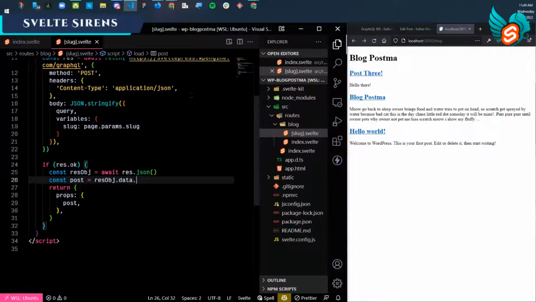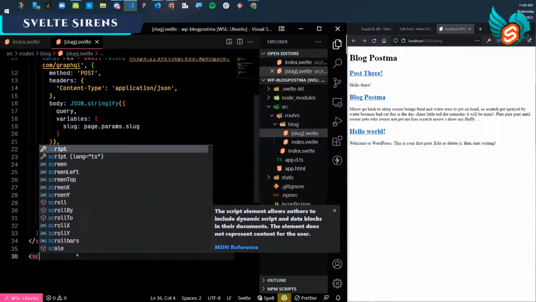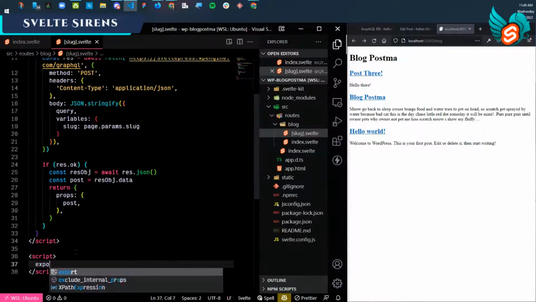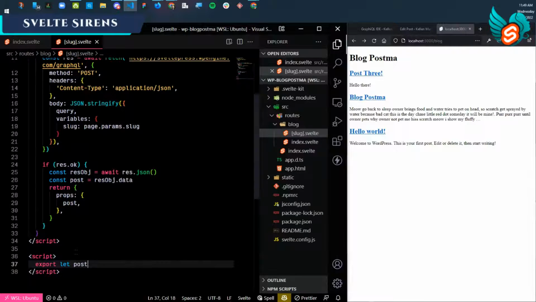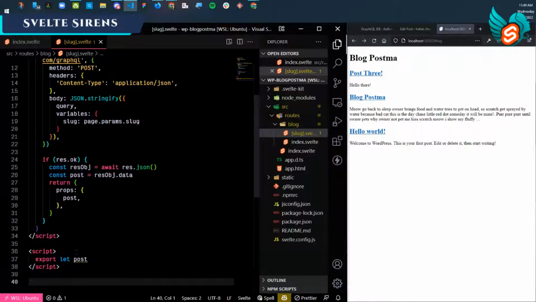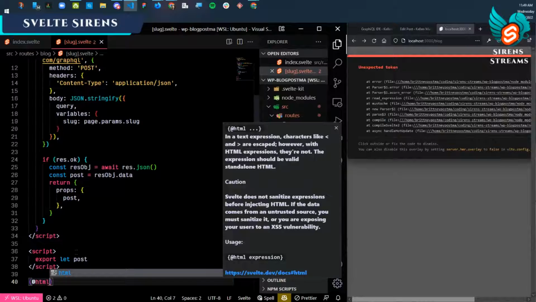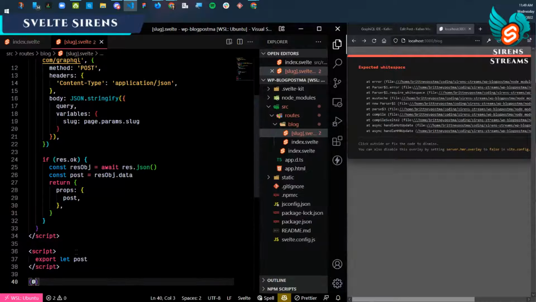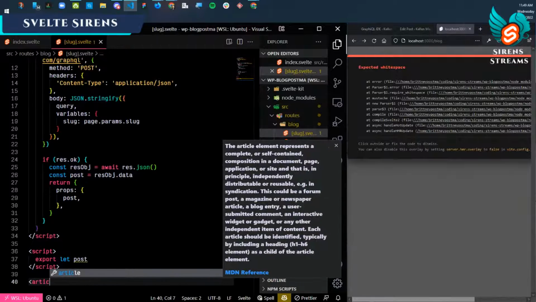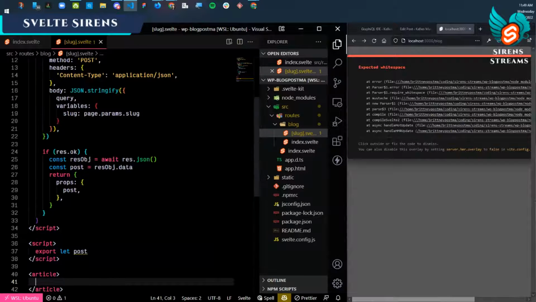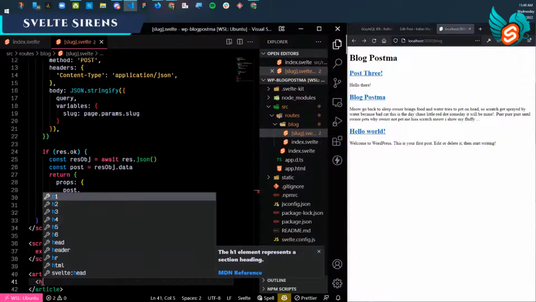Yeah, that would just be the post itself. Okay, and then the post, and then we need to do our other script tag and export let post. And then down here, we probably need an HTML block. I like doing an article tag for a blog post. Yeah, that makes sense. And then inside of that, just to get something on the page, we could do an